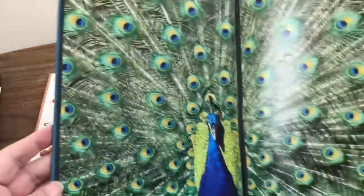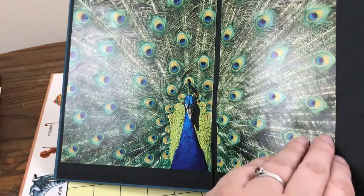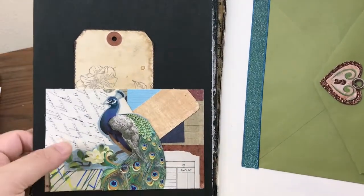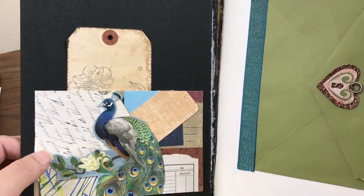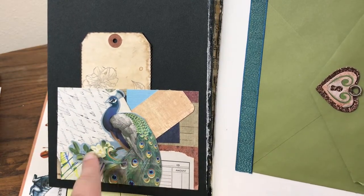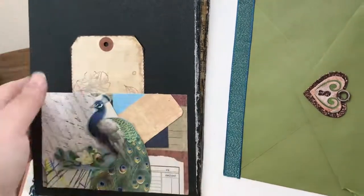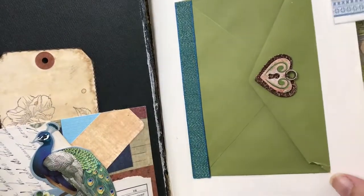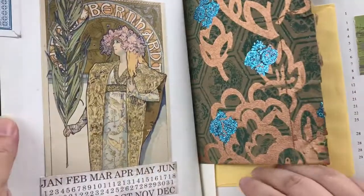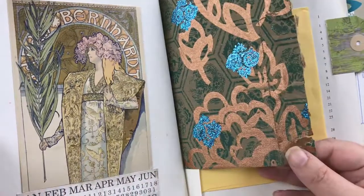So we'll just do a flip through. On the inner cover, we have a calendar page. I made this little postcard, and the peacock itself was made out of packaging. It came from a Post-it note set. And then we have a tag. On this side we have an envelope, Dollar Tree ribbon, this postcard that I got a long time ago, a little scrap of paper,